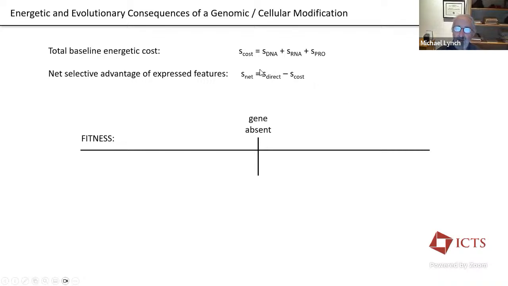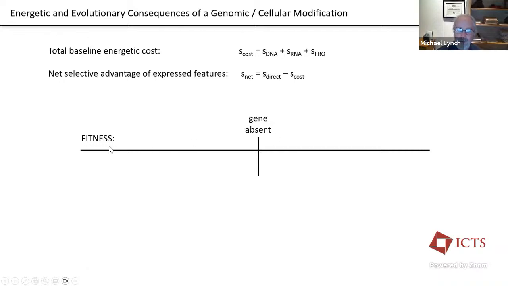Now, that gene might be doing something for you. And if you're an ecologist, you might measure the direct selective advantage of having that gene. Maybe it helps you survive or something like that. But for the net selective advantage of the trait, we really should be subtracting the cost of building the trait from the advantage that you get out of it. And if these are the same, it's basically a wash. It doesn't matter whether you have it or not. So the way to think about it